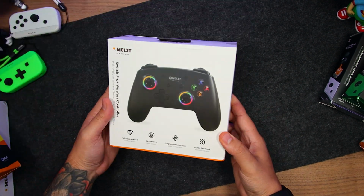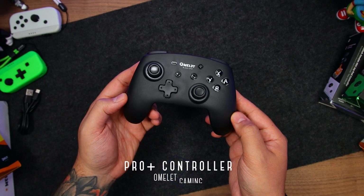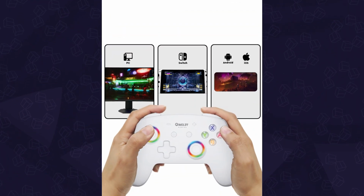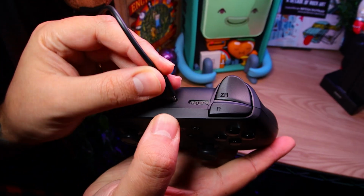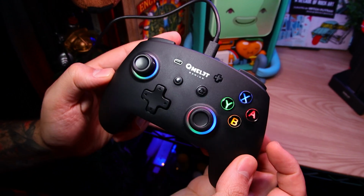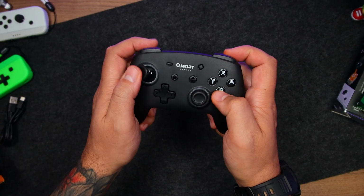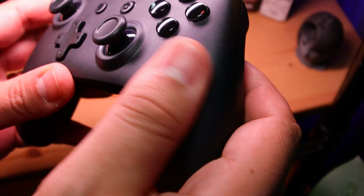Now, if you're looking to up your game with a traditional gamepad, this is their Pro Plus wireless controller. It's multi-platform compatible, it's wireless with 8 hours of battery life, it charges via USB-C, and you can also use it wired with the included charging cable. Size-wise, it feels slightly smaller than a Pro controller with this kind of rounded design and a matte texture that